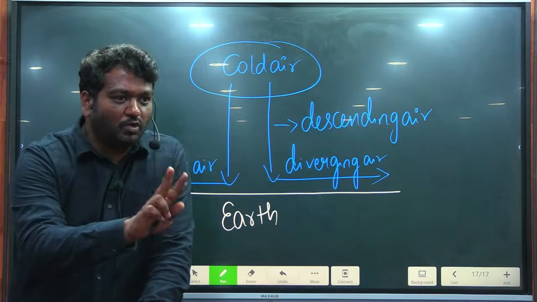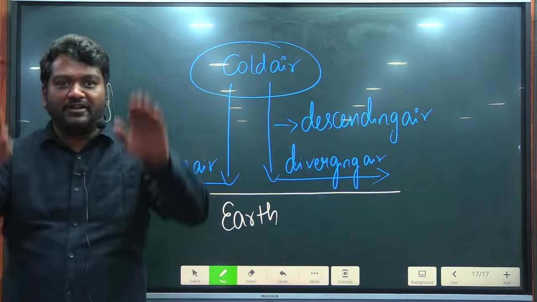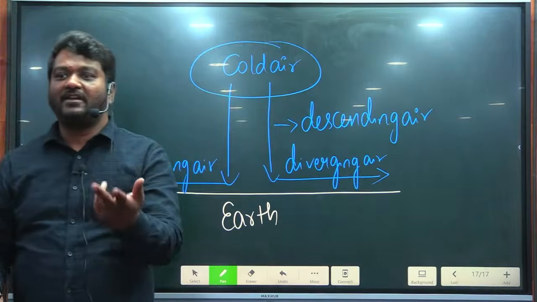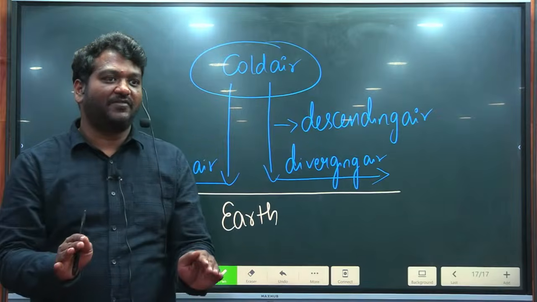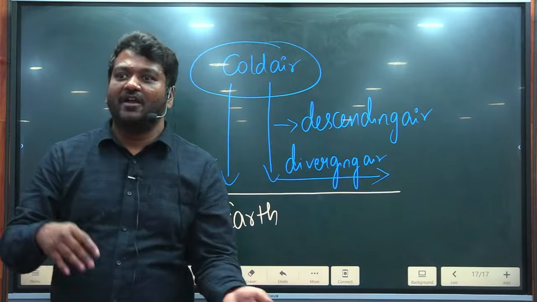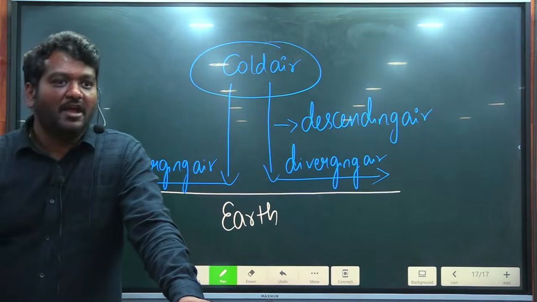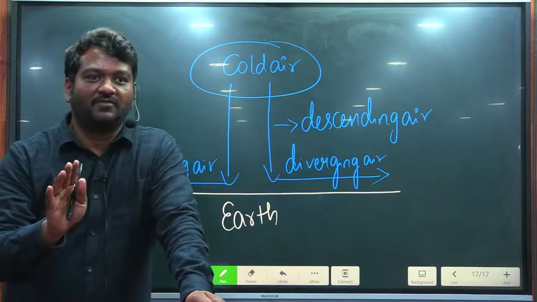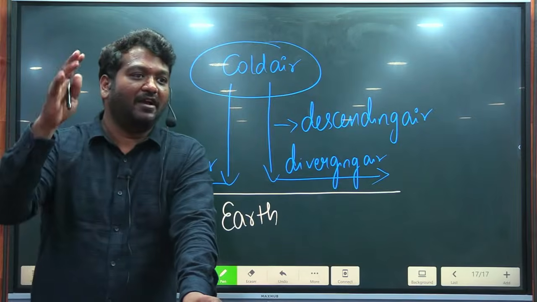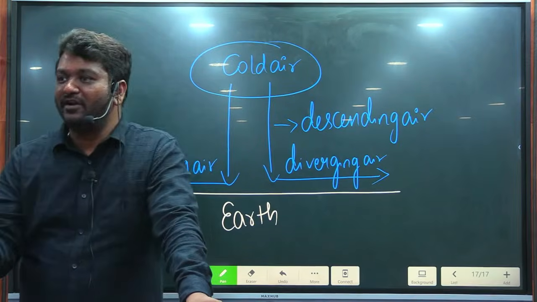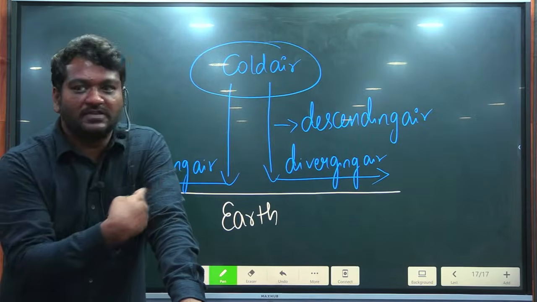So there are two types. Either air rises and forms low pressure, or air descends and forms high pressure. But that can be due to surface temperature or due to other phenomena. If it is due to surface temperature, we call it thermally induced. If it is not due to surface temperature, we call it what? Dynamically induced. Okay. In NCERTs tomorrow, if you read by yourself, all the terminologies which will complicate you are adiabatic heating, adiabatic cooling, dynamically induced, thermally induced. You don't understand what they are talking about. Now do you understand what is the process that is happening?